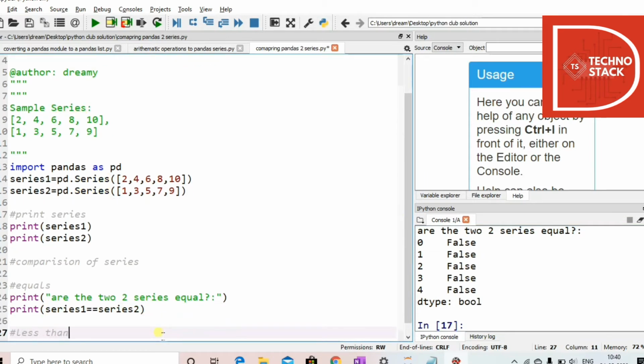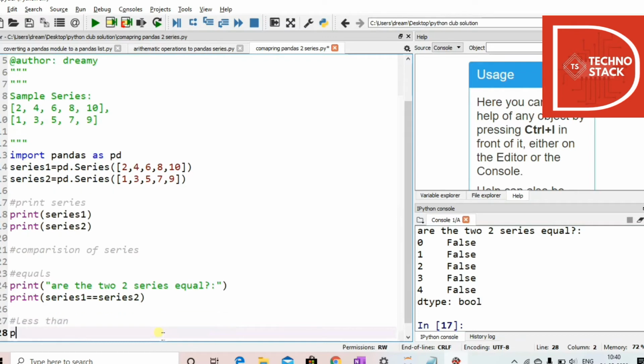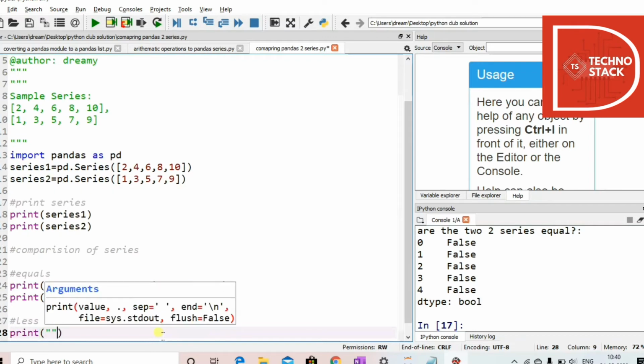Now let's see another one, the less than comparison operator. Now print: is the series element less than the second one?